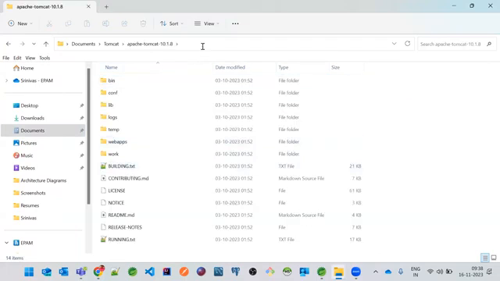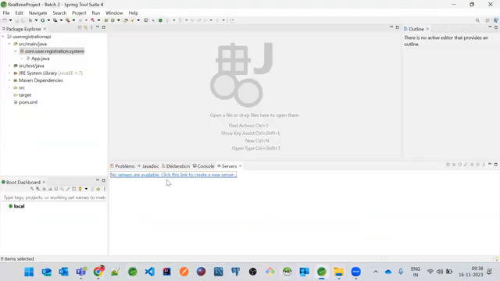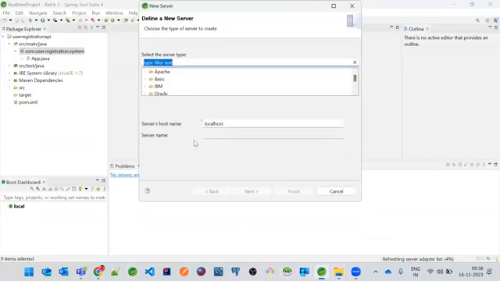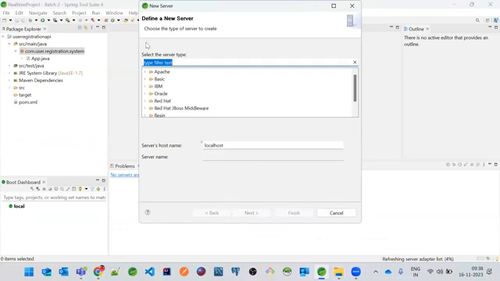And here you need to choose this path and copy this path and go over here. Right click on this, new server. Click on this Apache, choose the latest version.